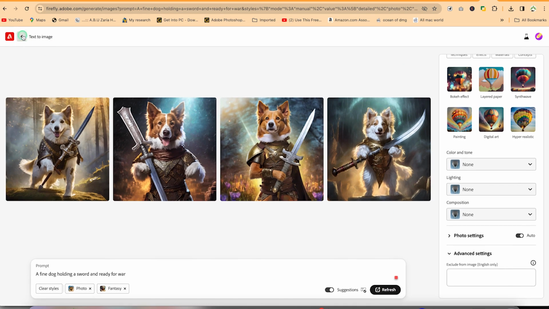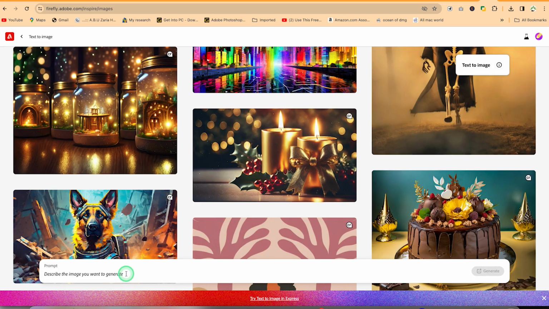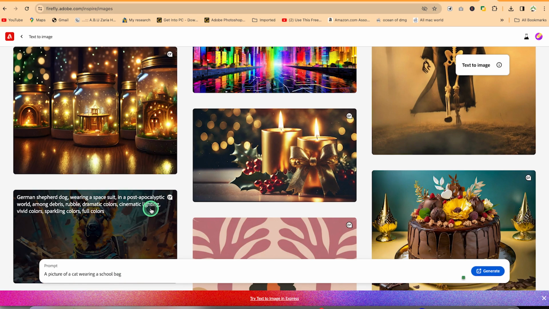Okay, so let's go back one more time to be able to see whether we can generate our own fresh image using this Adobe Firefly. So this is still on text to image. We can just come over here, and if you click, and let's say we generate something very simple. Picture of cat wearing a school bag. So like we said, in the details of the prompt, you have to be as specific as you can. Okay, wearing a school bag with an eyeglasses